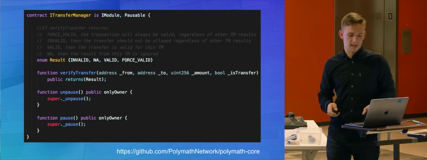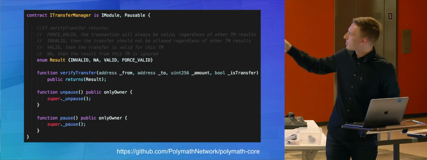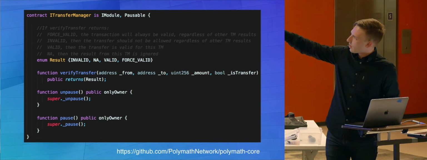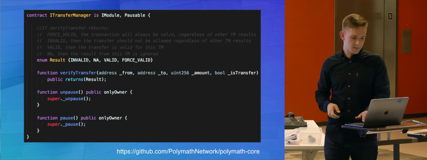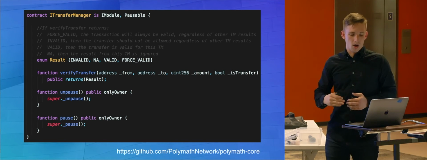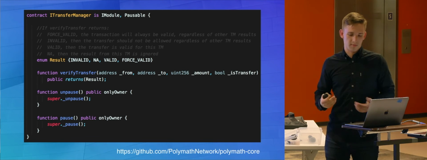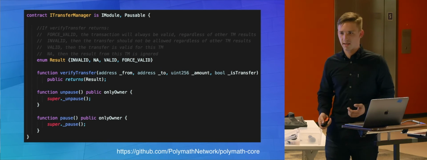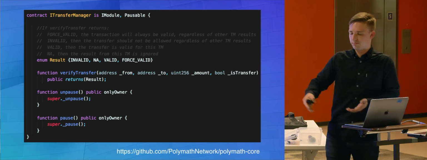But I want you to notice that Transfer Manager implements verified transfer, but it returns an enum rather than a Boolean. So invalid, NA, valid, or force valid. This is because the validity of the token transfer is based on all of the transfer modules unanimously returning valid, or one of them returning force valid, which is an override reserved for special instances like minting or administrative sending